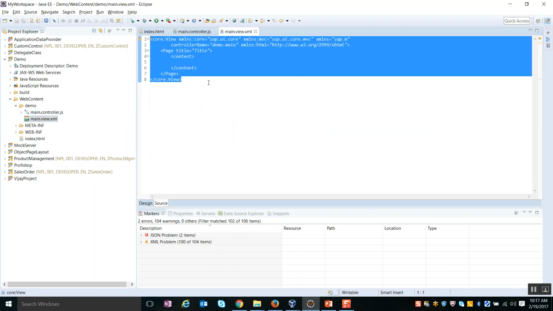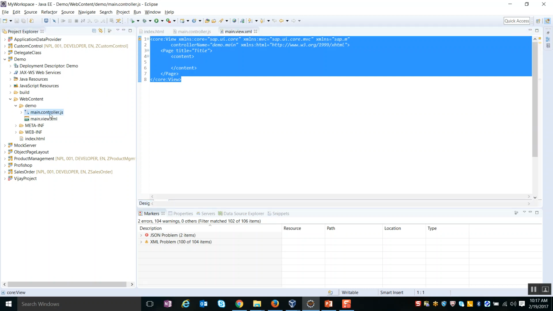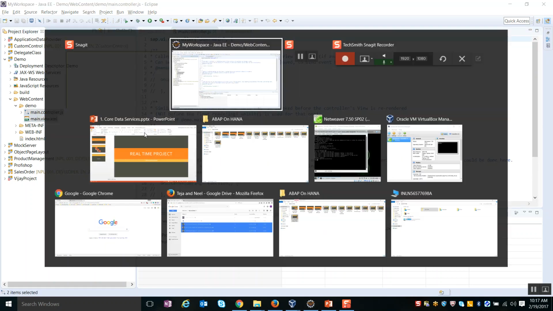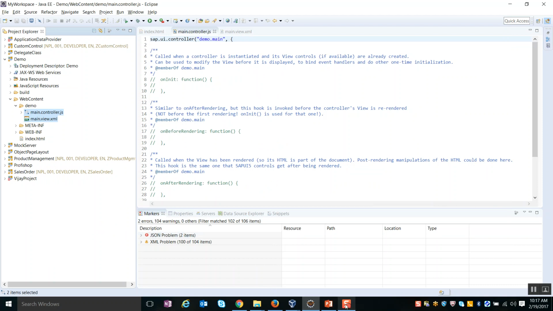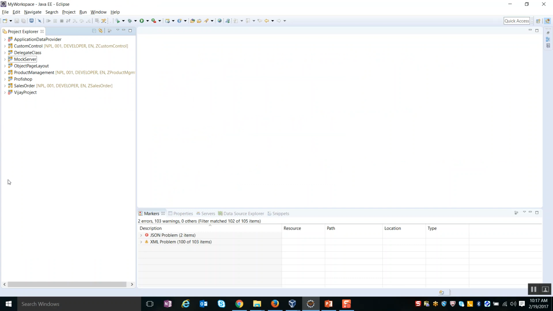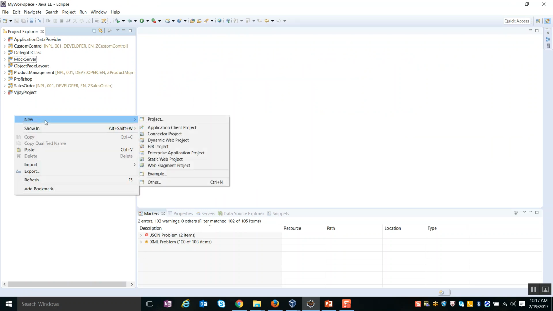Most people assume this view to be the view part and this controller to be the controller part of the MVC architecture. But that doesn't seem to be the case; these two things together represent one entity called a view, which is a viewport. So whenever we develop our application, we have to develop it according to this MVC architecture, and to create the controller part, we need to create a component explicitly in our application. In this step, I'm going to develop a simple application with a component in it.